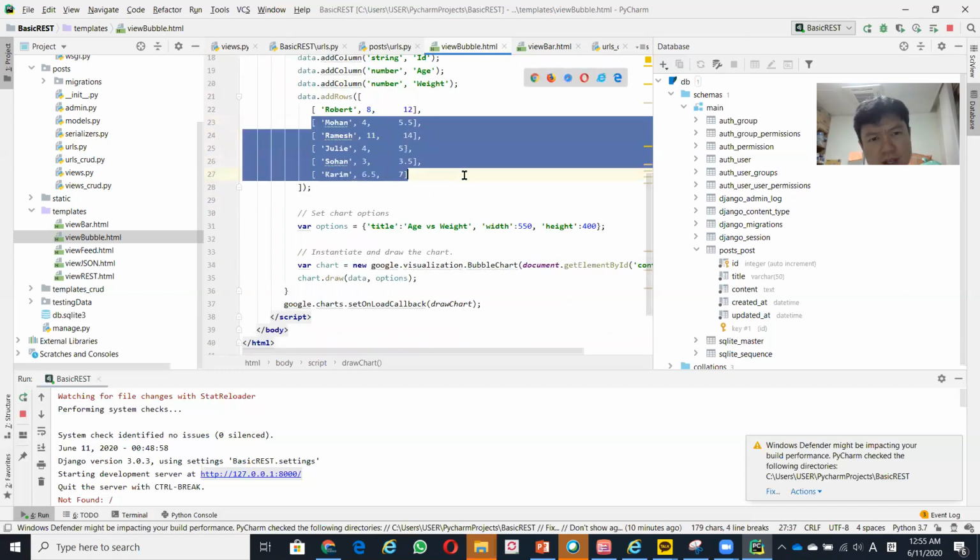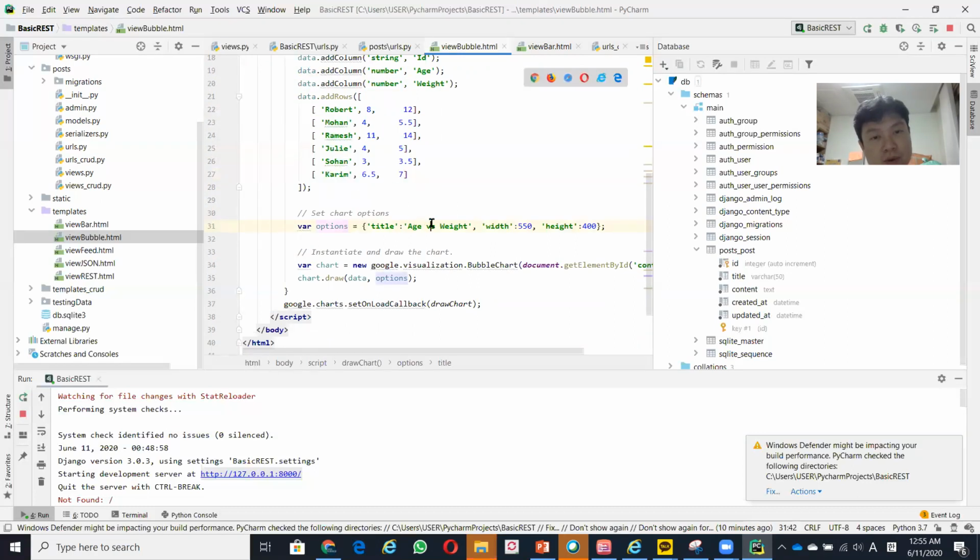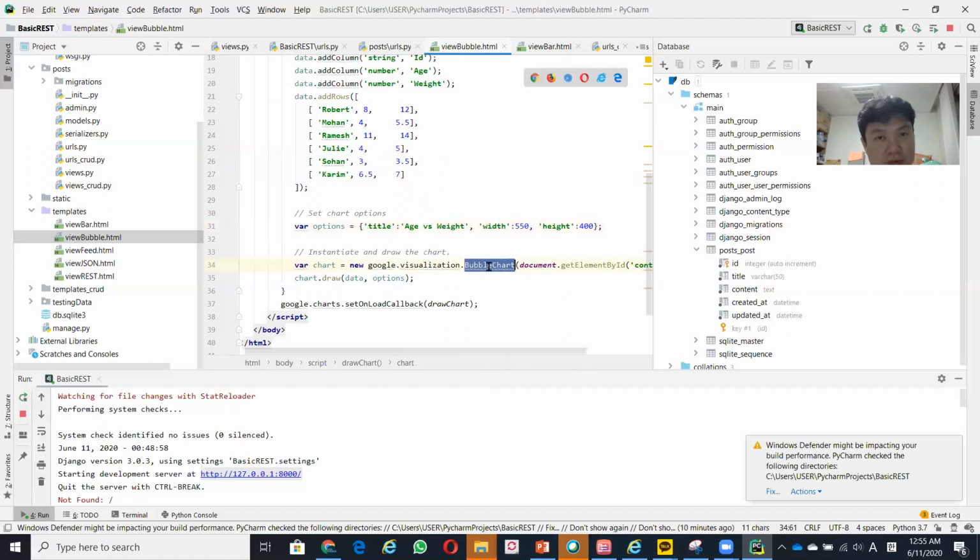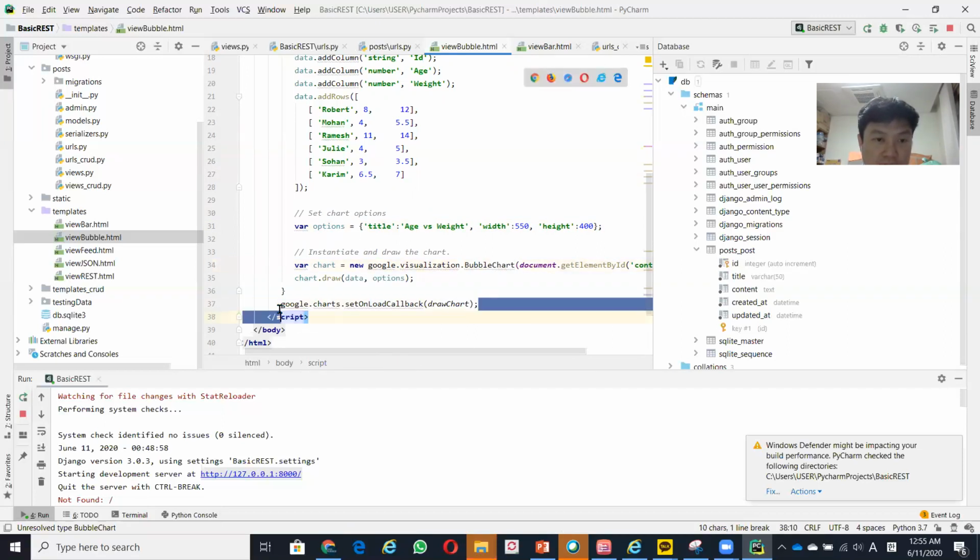Okay, after we have this data in a multi-dimensional array, you have the option of what kind of title you want to put, and then you can just change. If the previous example we are using the bar chart, and this one you're using bubble chart, so just change this one, bubble chart. Okay, so actually it is not that difficult to use the package. If it is bubble chart, you can just change to bubble chart. If it is line chart, you can change to line chart. And then after you have this, you just load callback, draw a chart,